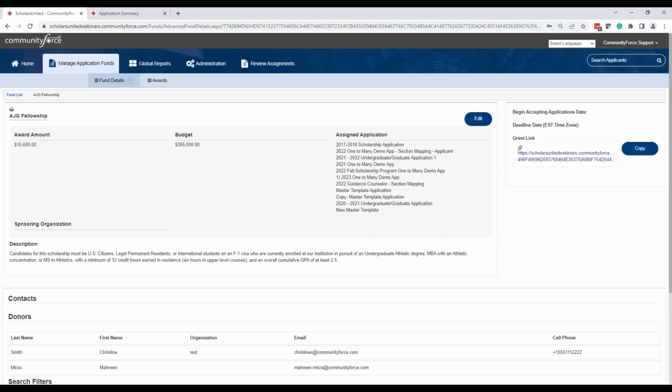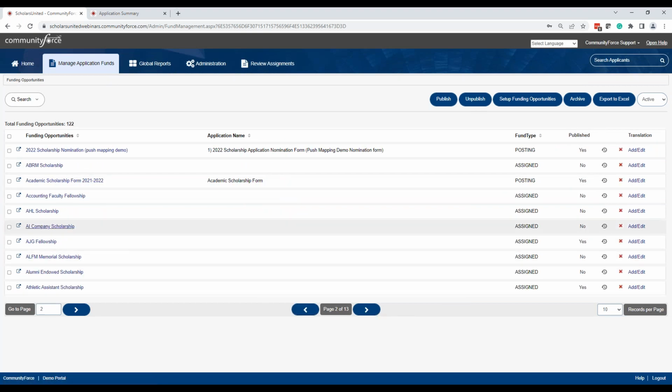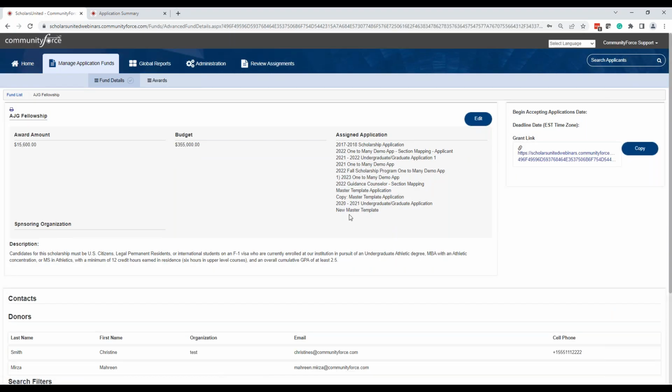So if I go back to the site here, and to access that screen here in the fund details, so I'm in that Manage Application Funds. I've clicked on the fund name. I'm here in fund details now. So I went to that fund list, clicked on the fund name, and now if I click the edit,